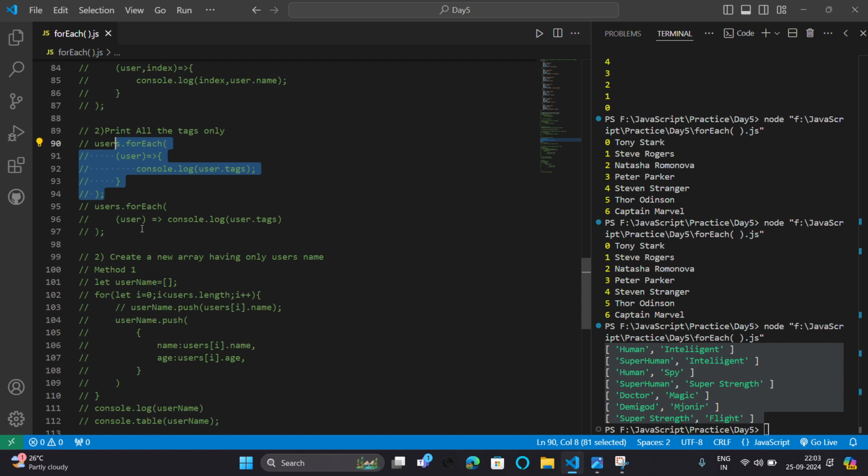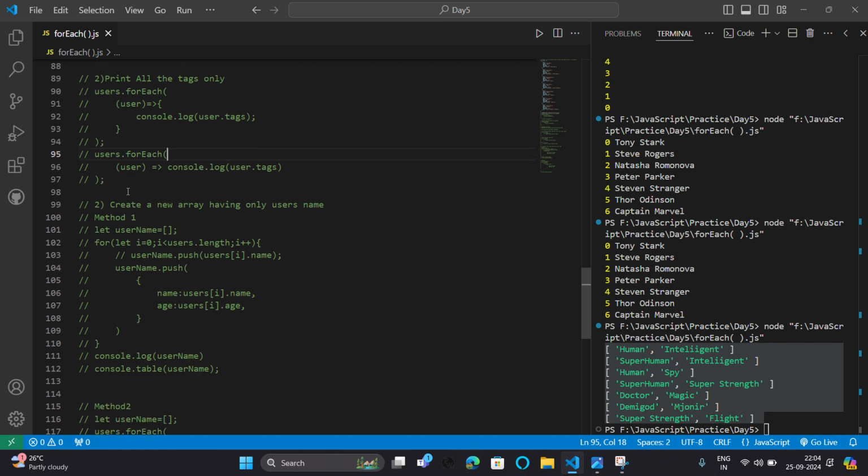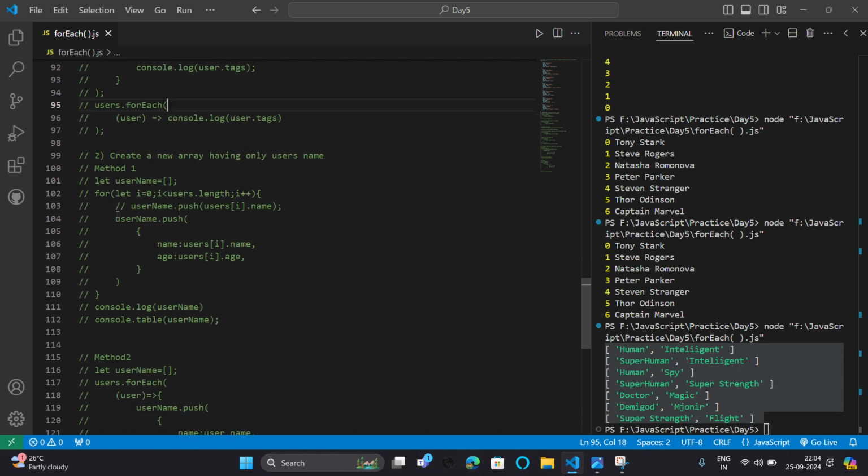This is another method of doing this. If there is a function and the function has only one line of code, there is no need to add this line of code in curly braces.